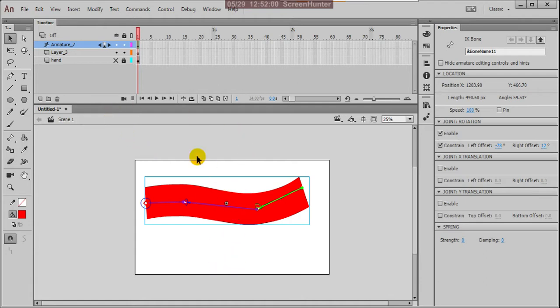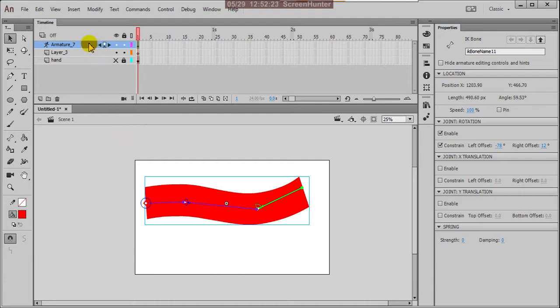Overlapping actions in animation are hard to do with this bone tool. So depending on your requirement and easiness, sometimes you have to choose the bone tool, but it is not always preferable to do the entire animation with only the bone tool. In some areas you can use it.